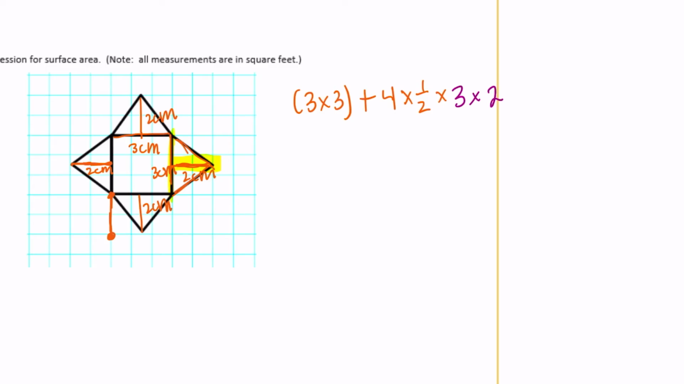So you could write it something like that, or we could do 3 times 3 plus 4 times 1/2 times 3 times 2. We can do that. There's different ways you can group it as long as we do it all together. So then